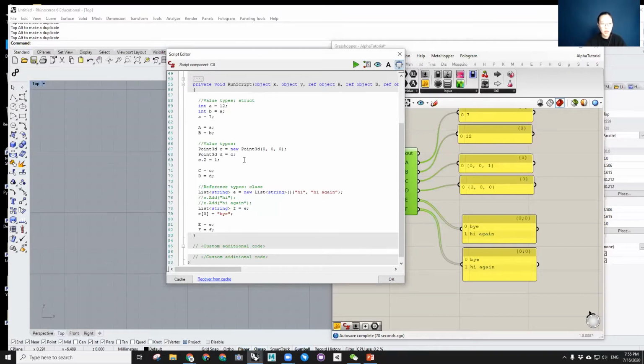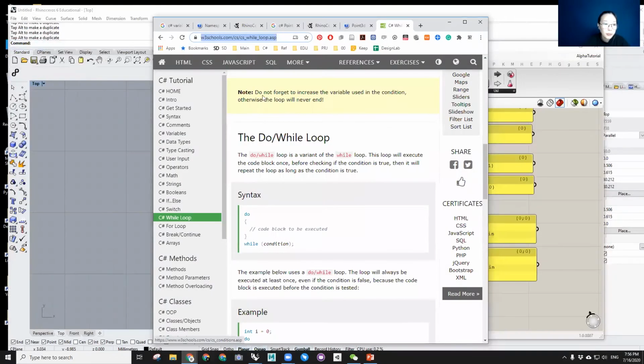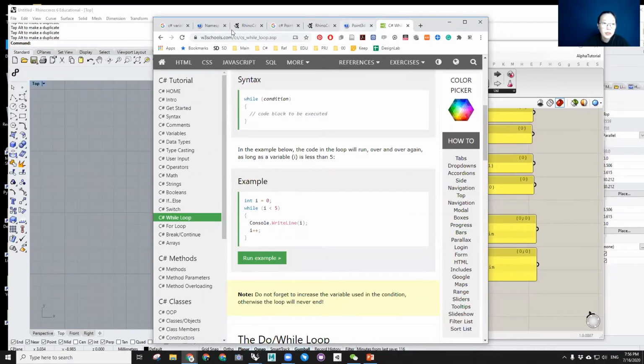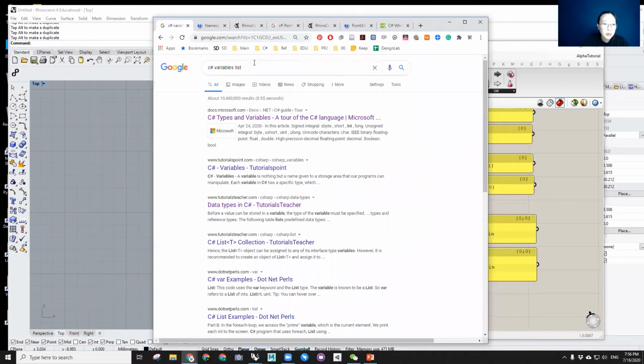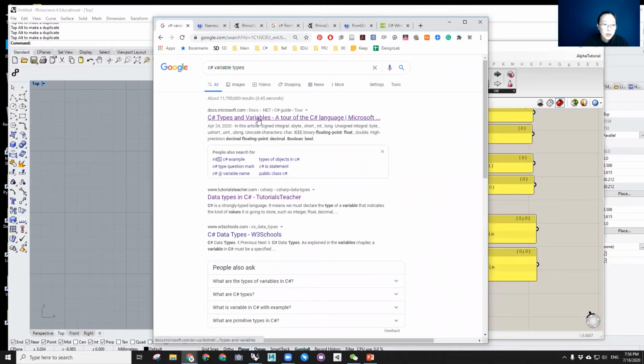Struct is a value type, and it's important to understand, but this won't give you too much problem at the moment, even if you don't understand this. But if you understand it, you can easily detect some problems in the future. And if you Google something like value types and variables,